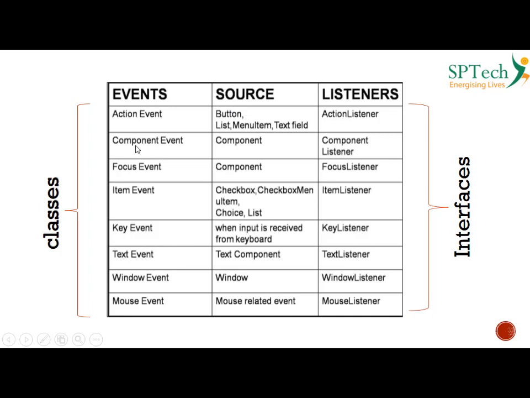Similarly, you have an event class called ComponentEvent, and the respective listener would be ComponentListener. It's an interface. Remember that an interface will have a number of abstract methods. So what you have to do is override those abstract methods. Like this, you have multiple classes, which we call event classes, and you have their respective interfaces, and you have the source. So now you know that depending upon the component you want to use, you have to associate that component with the event class and register that with the respective listeners.